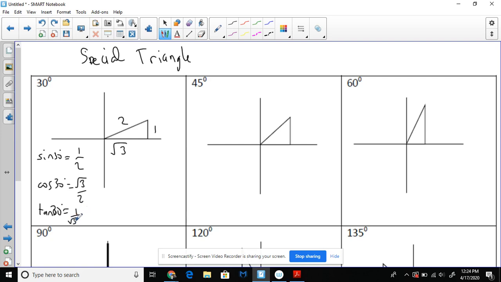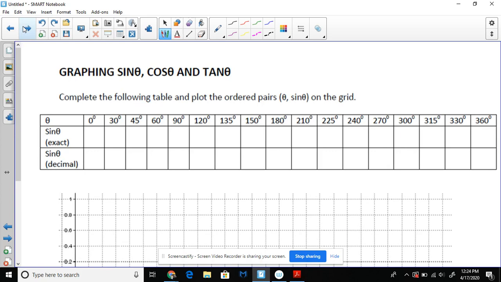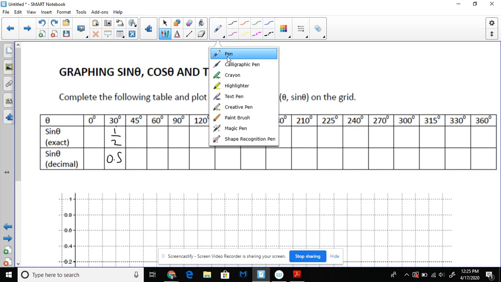And then you would plug them onto the next screen here, and you would put in the value. So 1/2 is the exact value, the decimal is 0.5. And you pretty much filled in all this stuff here, and then you plotted them. Now, when we graph, we're not going to graph this again where you have to plot like 20 different coordinates. Really, when we graph sine and cos, we only really care about